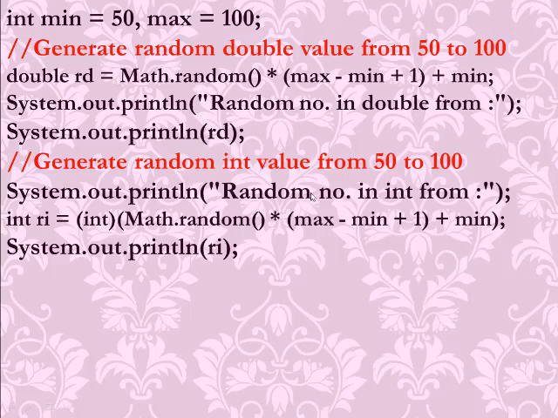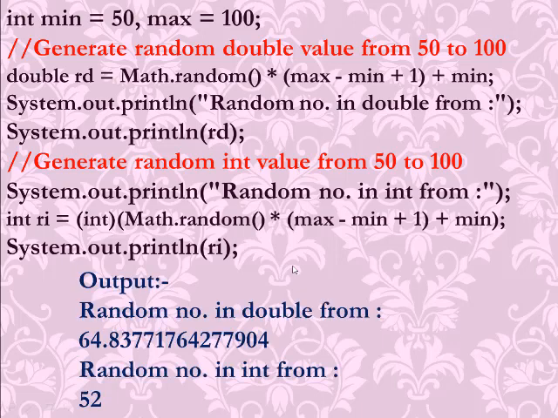And if you want only integer values, then use int before it. This is known as typecasting, which you have studied. Typecasting means if you want the desired output in a particular data type, you have to write the name of the data type before the formula or before the value. So if you use int here, you will get integer value. So if you execute it, you can get any random number between 50 and 100.